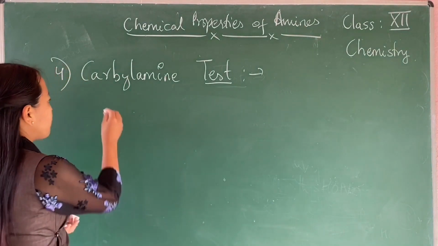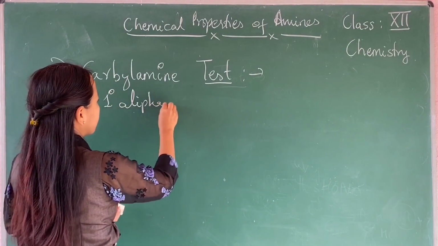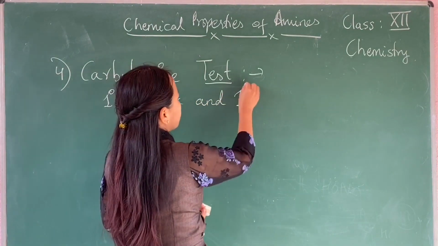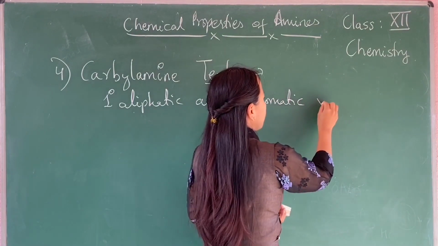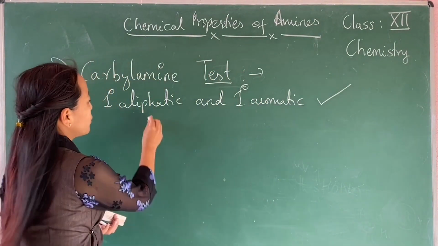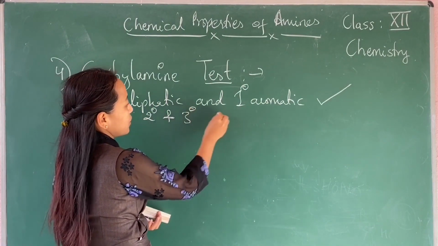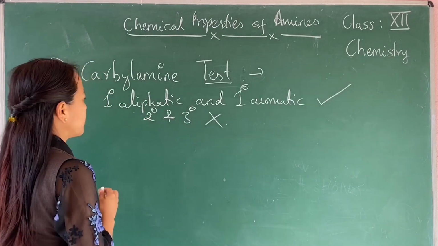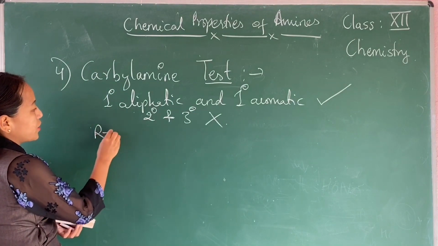So only the primary aliphatic and primary aromatic amines will give this reaction, whereas secondary and tertiary amines will not show this reaction. So in this case, what happens is, when you take a primary amine, RNH2,